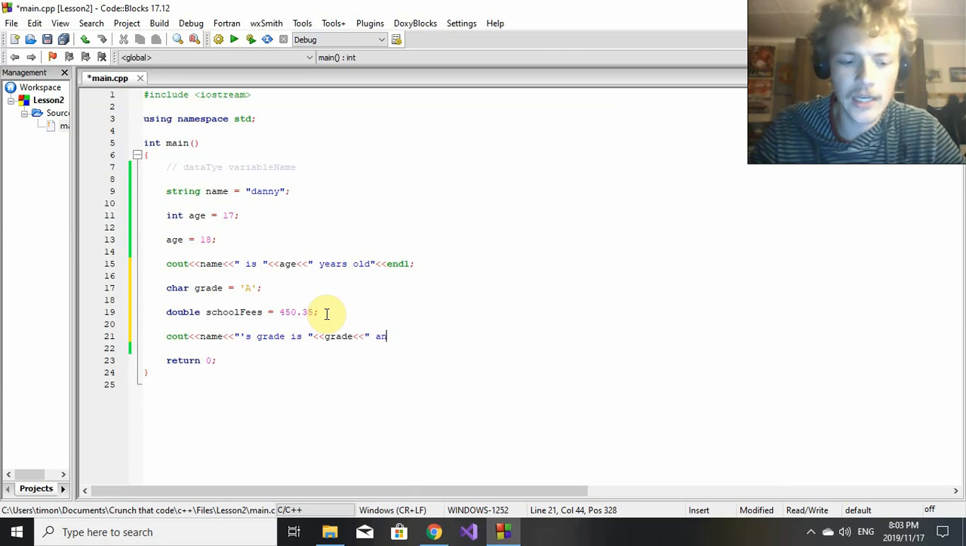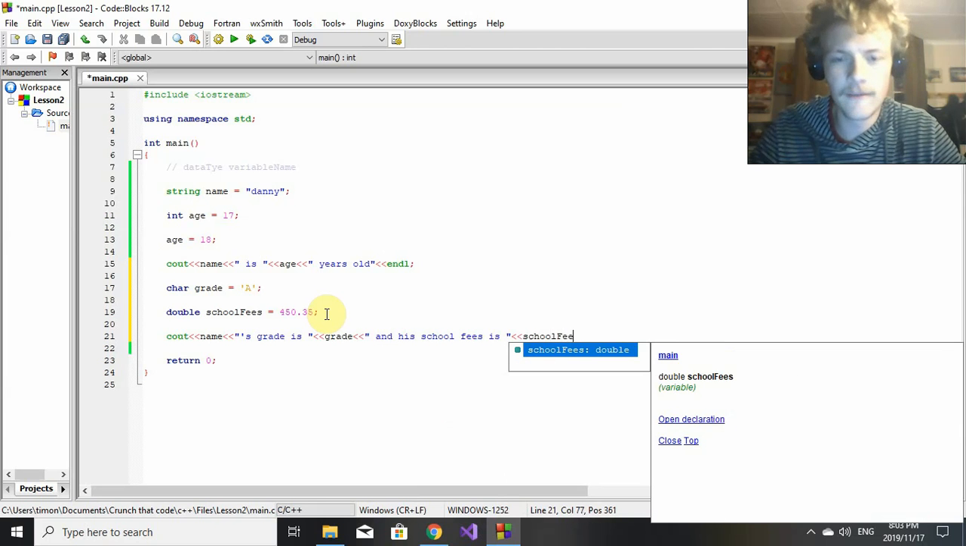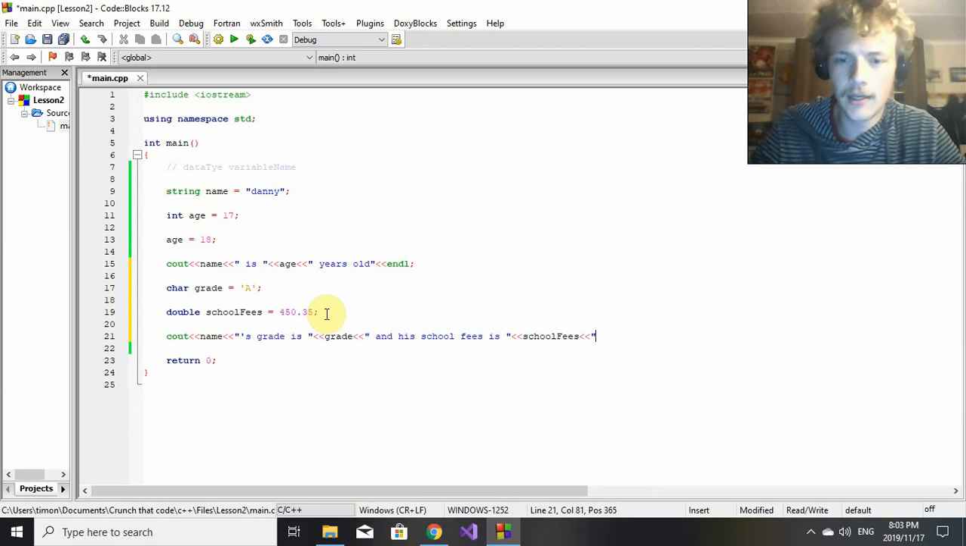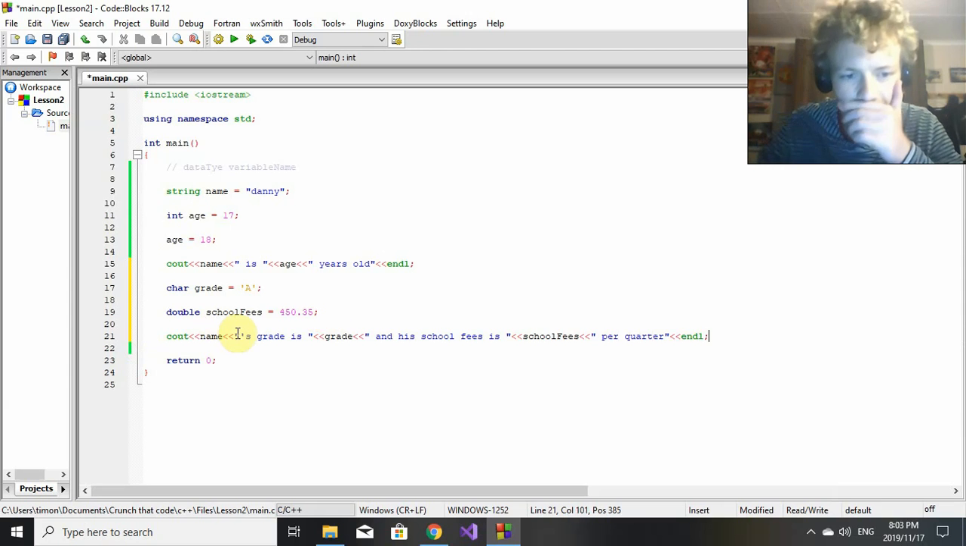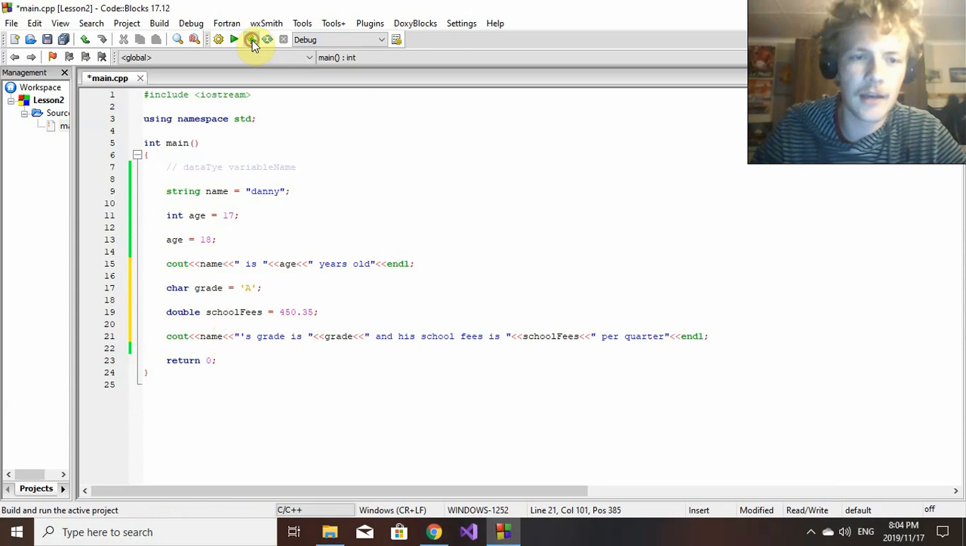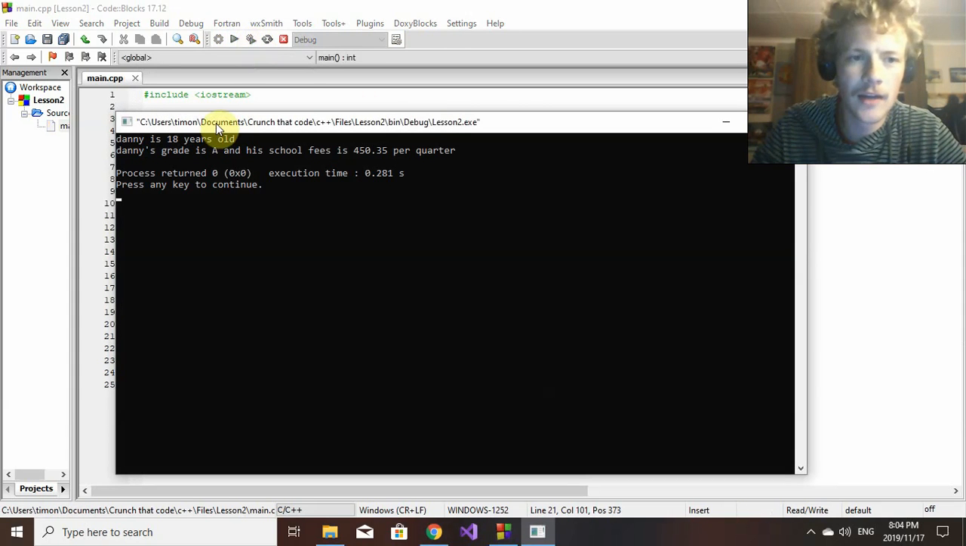And then we can just continue and say, and his school fees is, and then we can say school fees, the variable name, and then let's just add per quarter, just to make it nice and readable, and then the end line again. So every time between a change of data type or another variable that you want to include, we're going to use these two smaller-than signs, and then if we press run there,